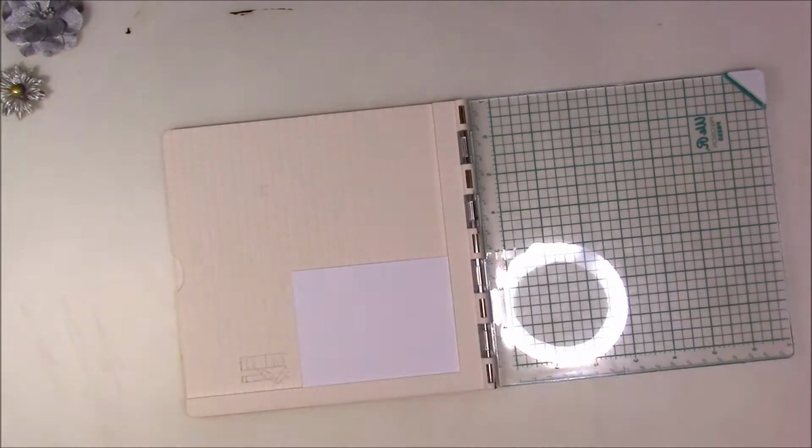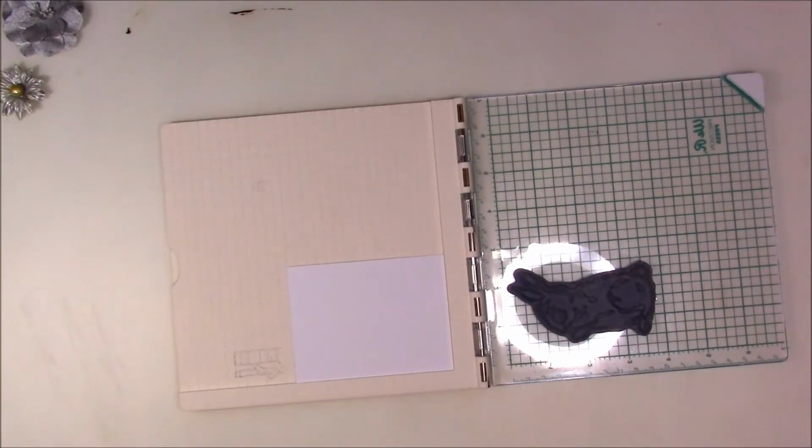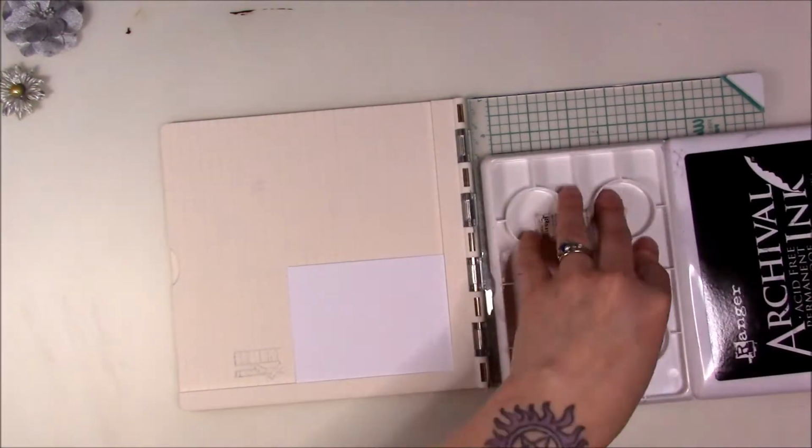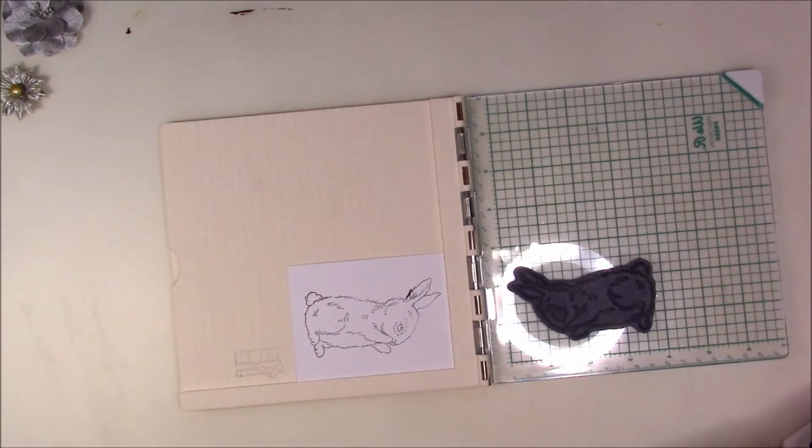At first I thought I was going to use a butterfly, but then I saw that this little bunny hadn't been used yet. I mean, he's relatively new, and I thought that he would go with the flowers and everything like that. And so I'm just stamping him out,